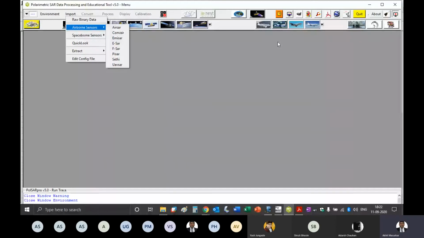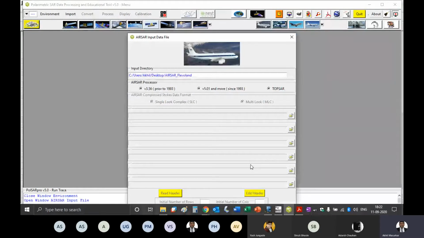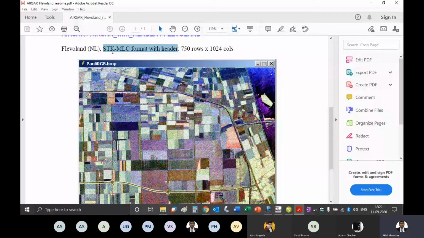Okay. So now we will go to the AirSAR, select the AirSAR data, and once you say AirSAR, you can click the first option. Whether to choose the second or first, we don't know actually. Like I said, if you go to the database, here it is written stk-mlc, so what is written inside this is MLC.